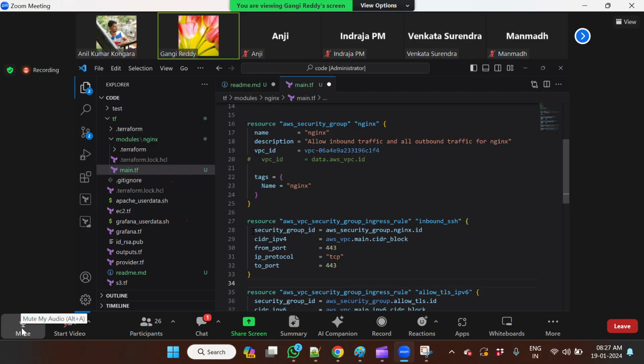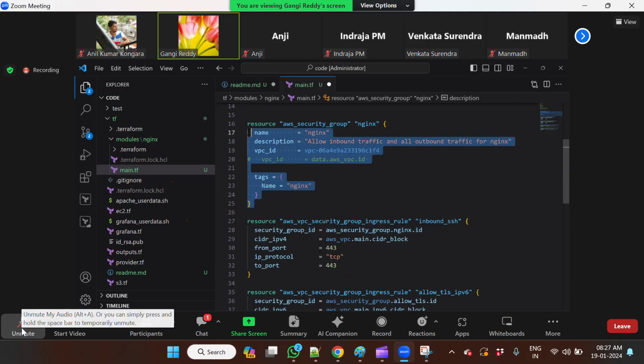Not this block, I'm asking about this one. This is called an attribute. ID, ARN, all those. After you execute this, you will get one attribute, and that attribute you are calling. This is called an argument, whatever you are setting. Now,